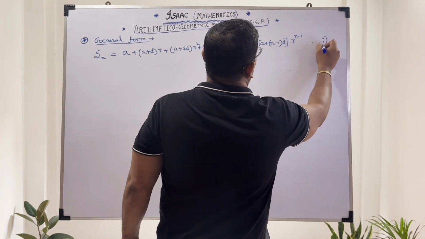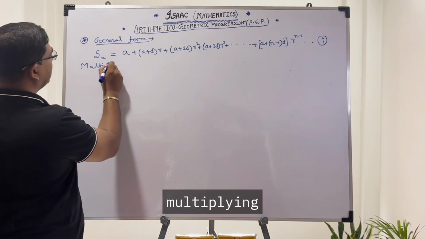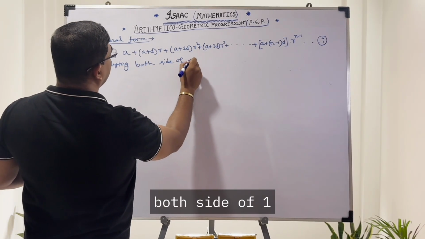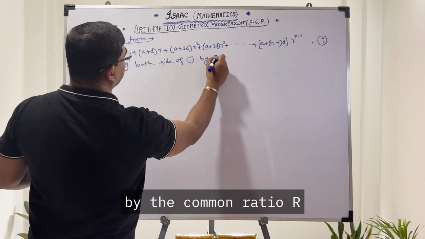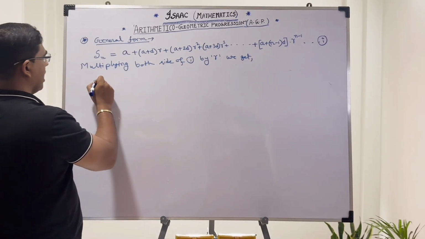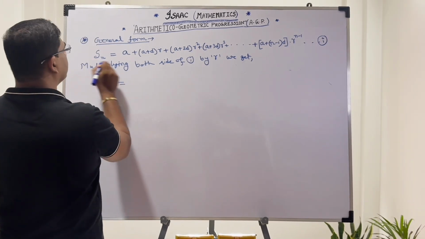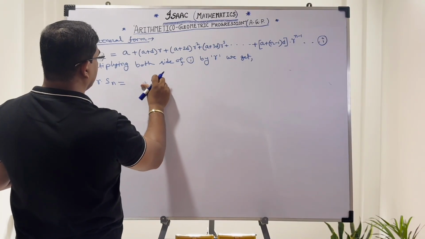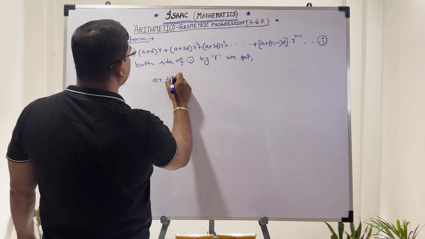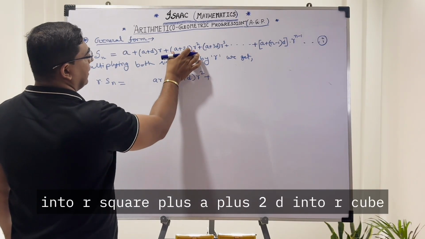This is number 1. Multiplying both sides of 1 by the common ratio R, we get R into Sn equals to AR, A into R, plus A plus D into R square, plus A plus 2D into R cube,